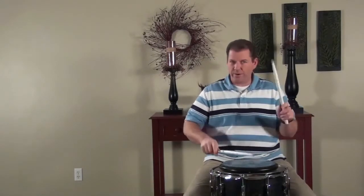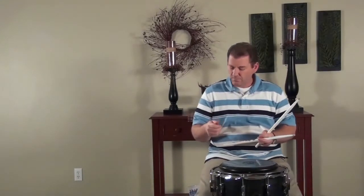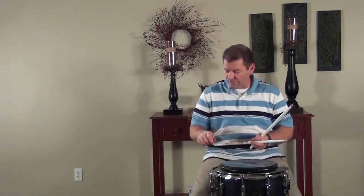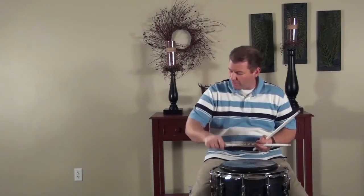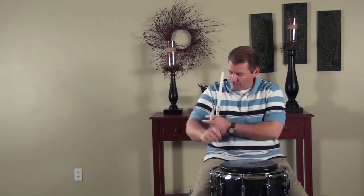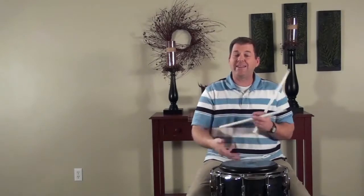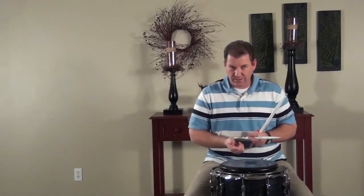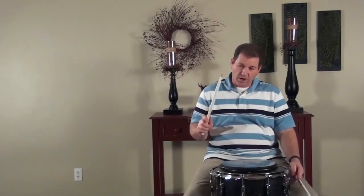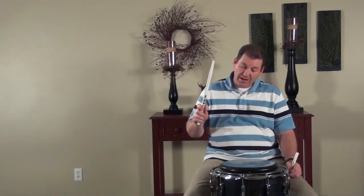my sticks are flowing. Now, there's another thing that's happening in there, and that is that, as I introduced in the buzz roll section of a previous lesson, we've got to use this arm motion, often called the chicken wing. It's this forearm motion. Your elbow relaxes and kind of moves with your forearm, and you've got to get all of that flowing together with the double stroke. So this is step 2 in developing doubles. Start here, hold on to the stick. Now when we play the double stroke,